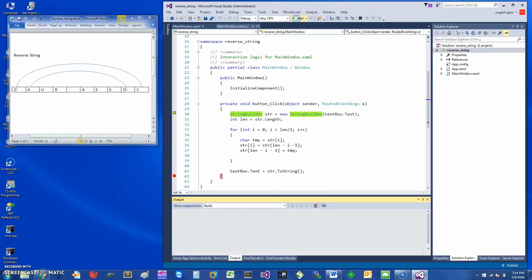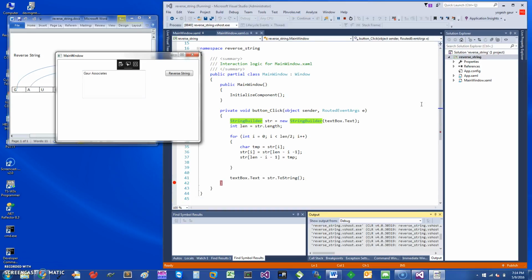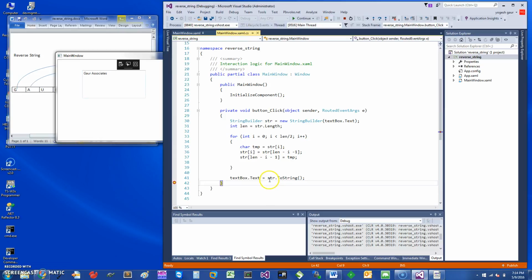So if you just want to quickly see how it works, I can just show you. And the advantage with this is that you don't have to recreate a string and copy it to something else. So the advantage is obviously it is very performance better. So if I'm just going to reverse the string, here you can see here is my reverse string and here is my original string. And so it works fine.